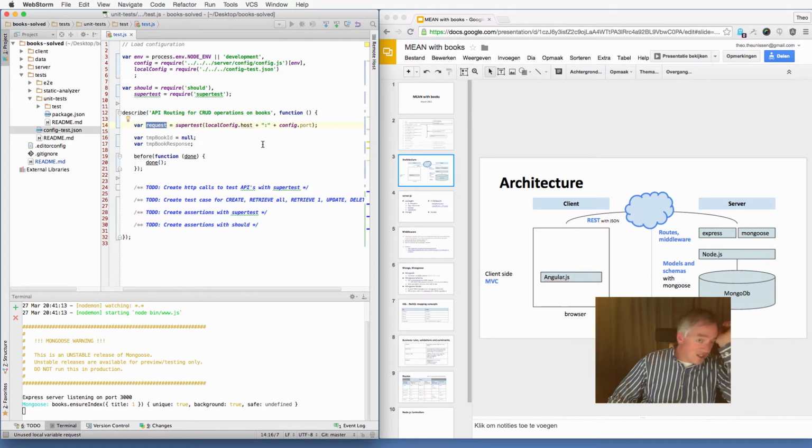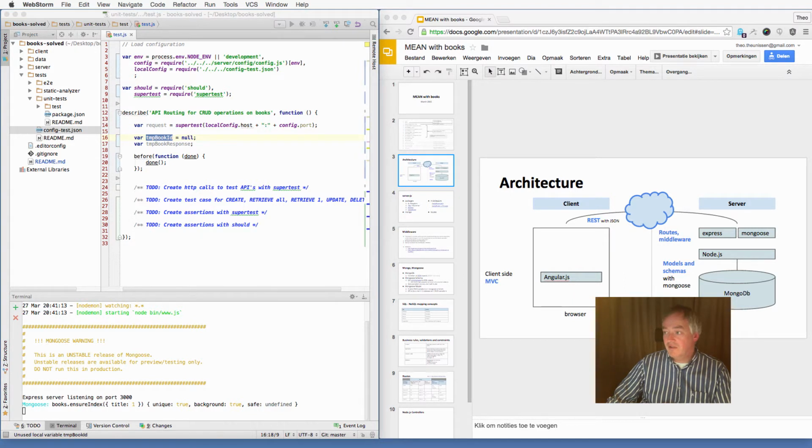So request, this will contain our HTTP request, our server variable. If we create a book, then we will delete it later, so it would be convenient to have a temporary book ID, and we also need a temporary response. We have a setup that starts with before and does nothing else, then continue. And now we have the first test to do,